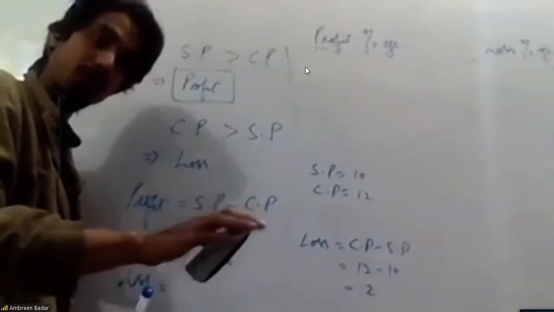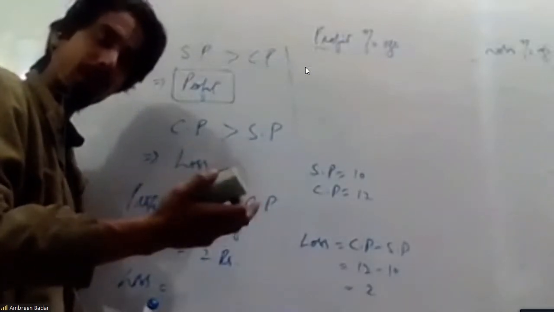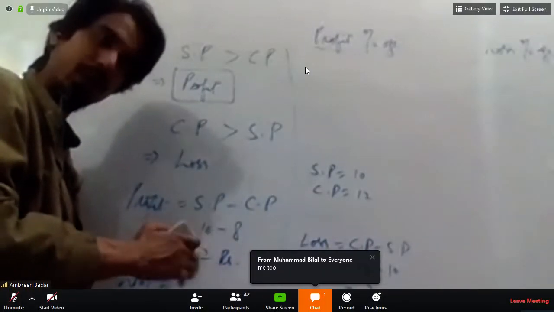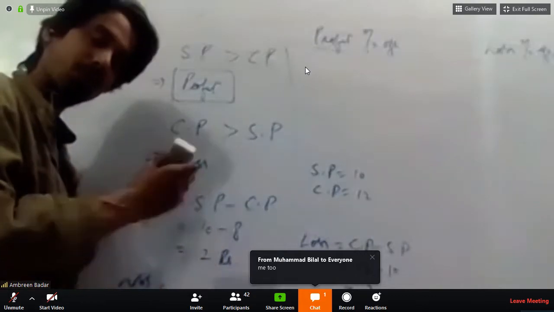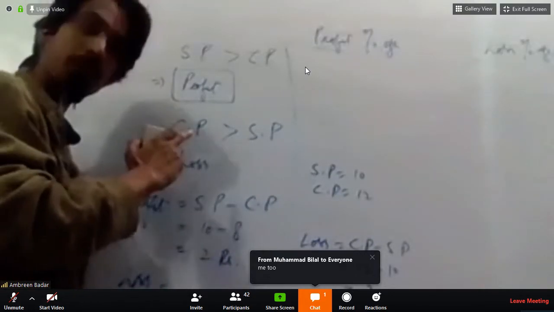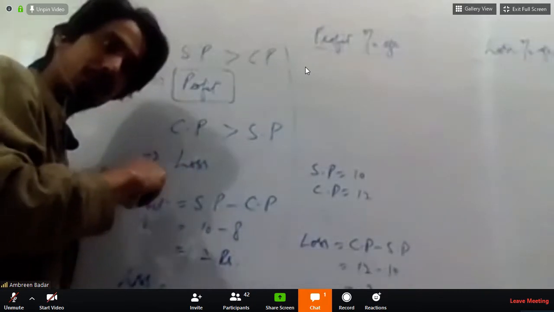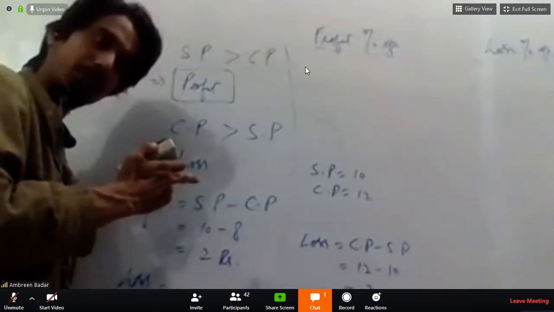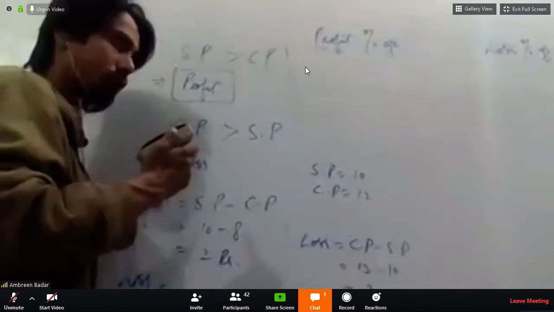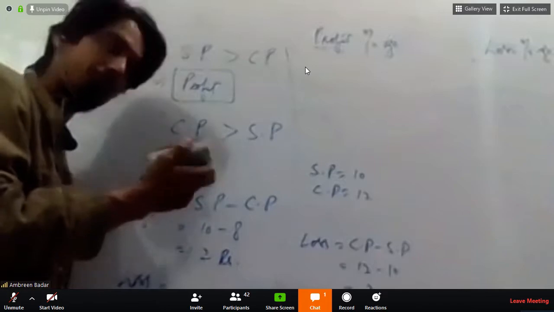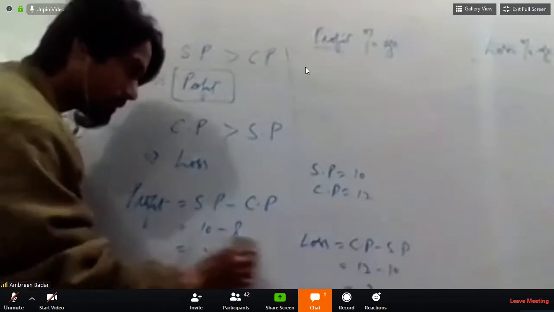Now students, I hope you have grasped the concept of profit and loss. I also gave you the worksheet in the assembly for the NWE section. She also gave you the worksheet regarding profit and loss. It is very easy to calculate. Just keep one thing in mind: keep an eye on the selling price and the cost price. If the selling price is greater than the cost price, it implies profit, and if the cost price is greater than the selling price, it implies a loss. Now, keeping this in mind, we will move to the next topic.